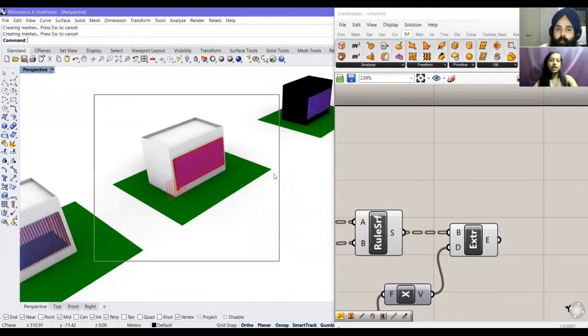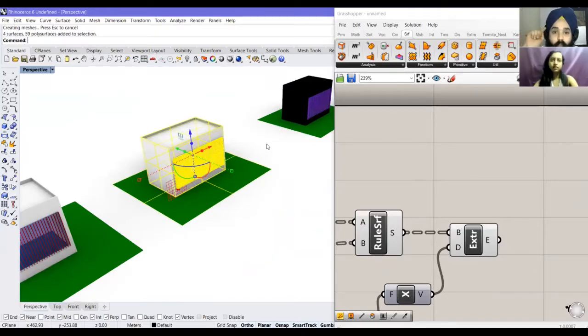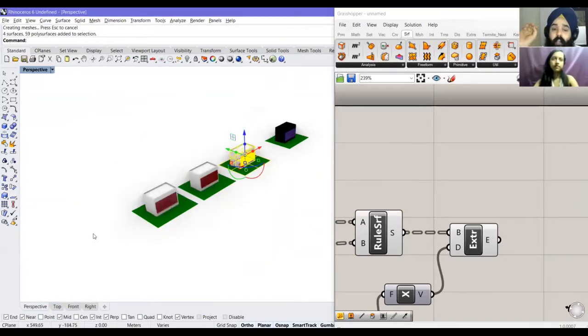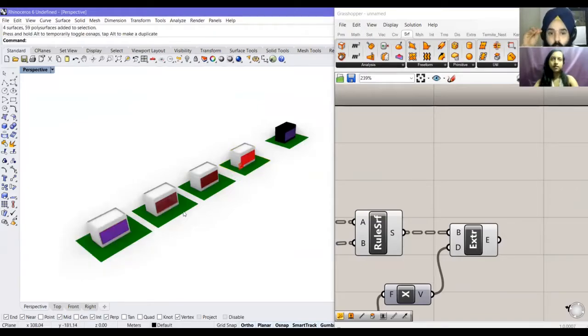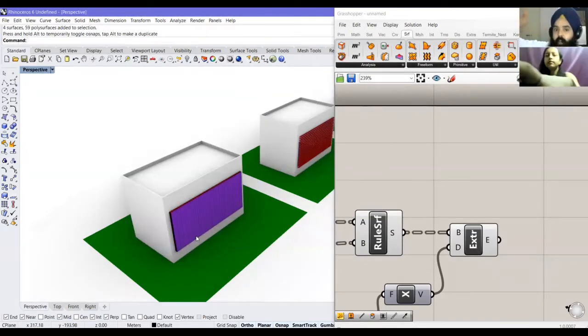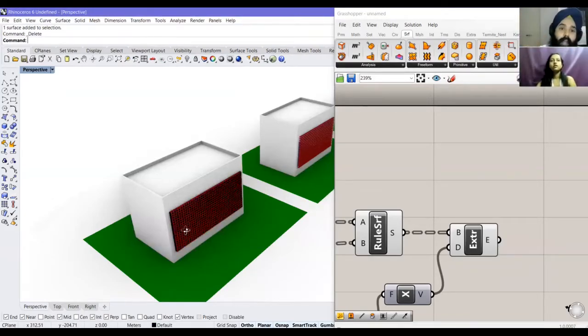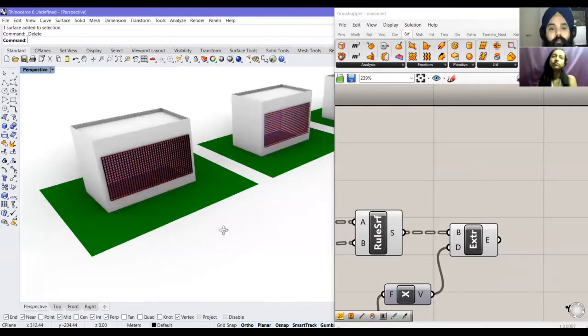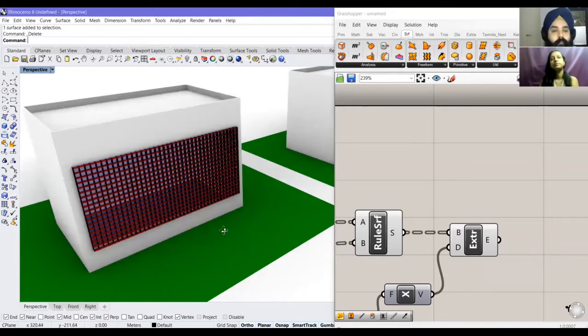This particular thing is called an egg crate design, which is also called Brise Soleil in French, because Le Corbusier, who designed Chandigarh, used Brise Soleil. That means vertical and horizontal together, and this is what we get, an egg crate design. You could have changed the distances and instead of squares made rectangles out of them.